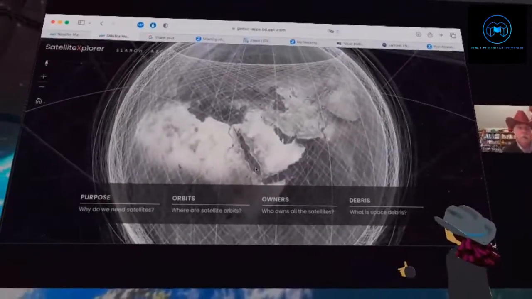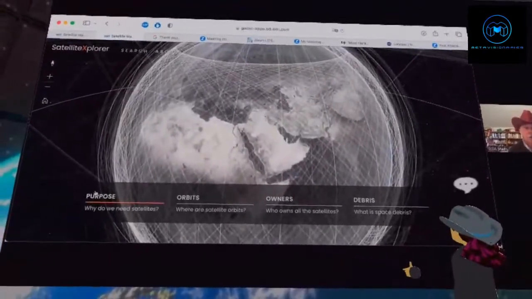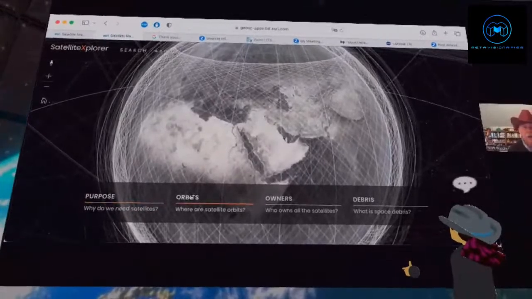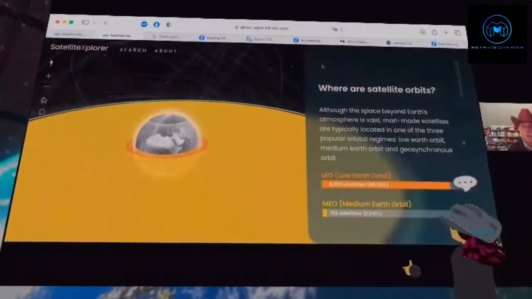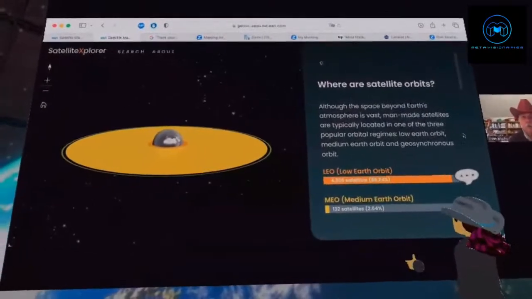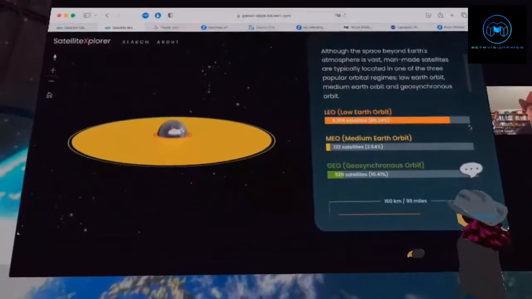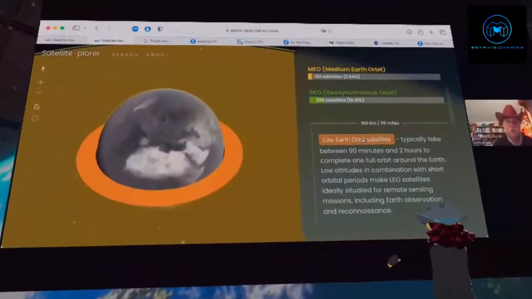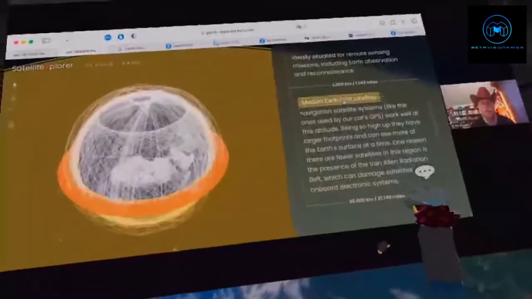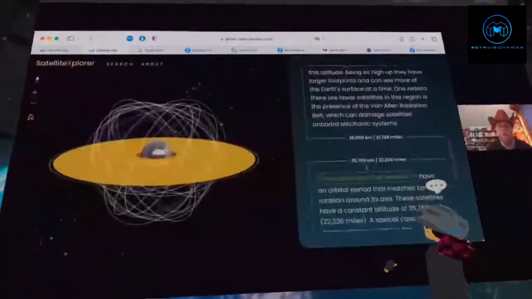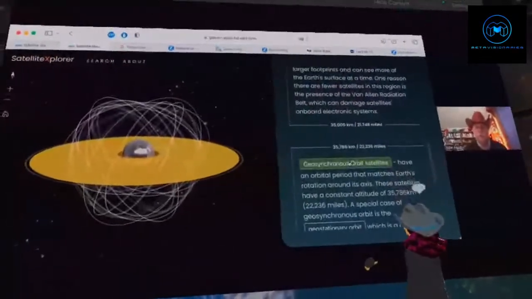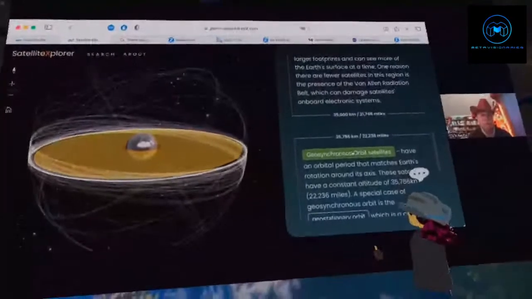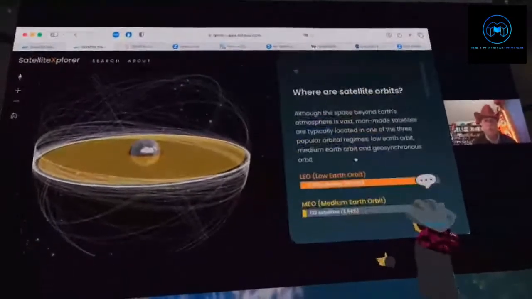And you can rotate the world, so we can put it right over Saudi Arabia. You'll notice that it has a section on orbits, and you might want to go and look at this. I know you've already had the orbits presented to you, but if you click on each of these, it'll show you some information about the various different low inclination, medium inclination, and that magical geosynchronous belt that's out there.